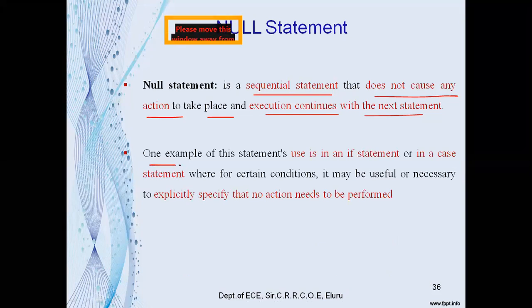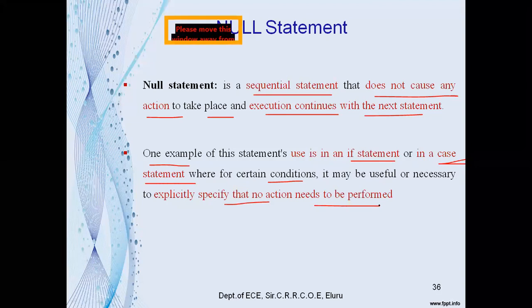One example where we can use this statement is in the if statement or the case statement, where for certain conditions it may be useful or necessary to explicitly specify that no action needs to be performed.